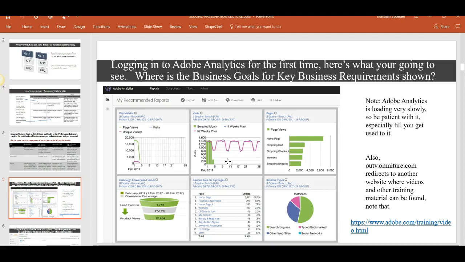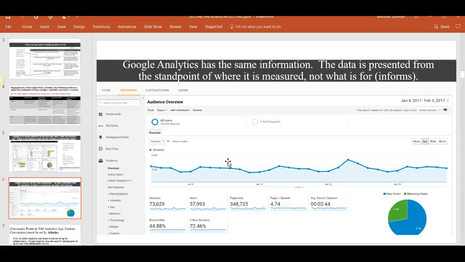But typically speaking, what you see here is what you'll get out of the box when you just log into Adobe Analytics for the first time, go through, select a reporting suite. You're always going to be the Baruch AAI, which is where we'll do most of our work, and you can just go look at the dashboard. These are a bunch of reports that are like little applets here, reportlets, and you can look at it.